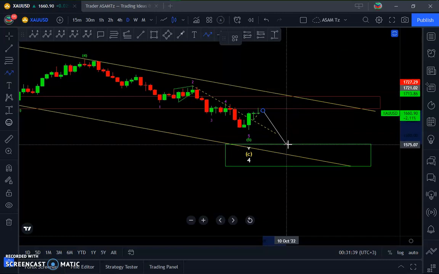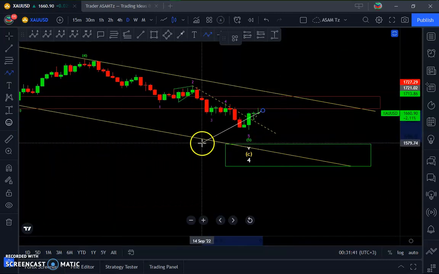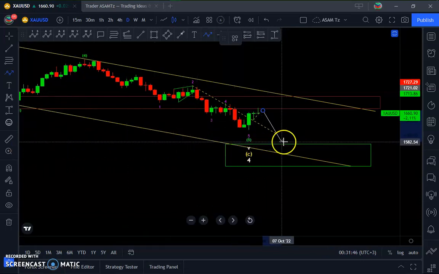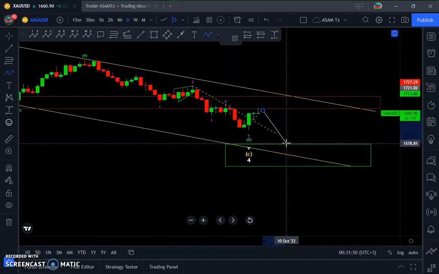We have got a green box. Previously, this green box was a very strong support and resistance. So price was supported and resisted several times around this green box. In my bearish idea, price is most likely to hit the green box